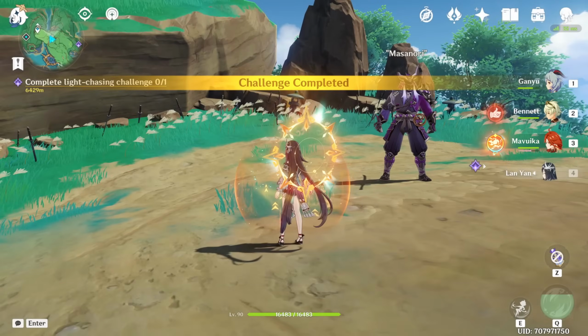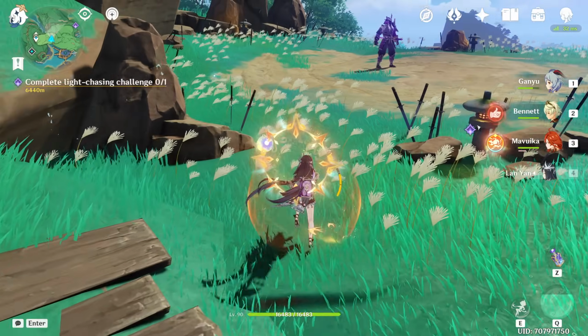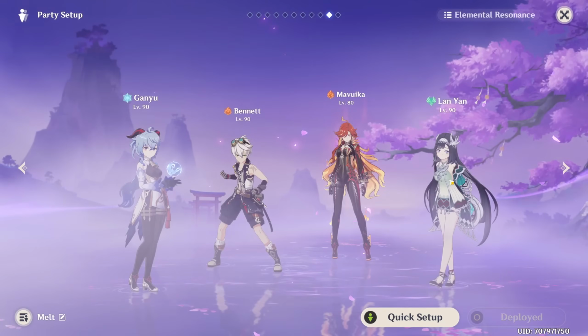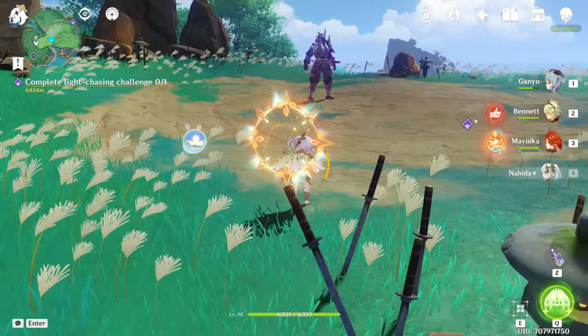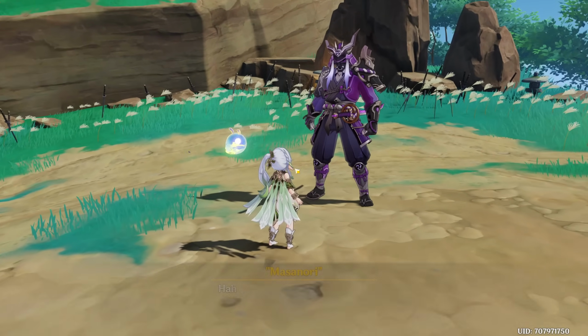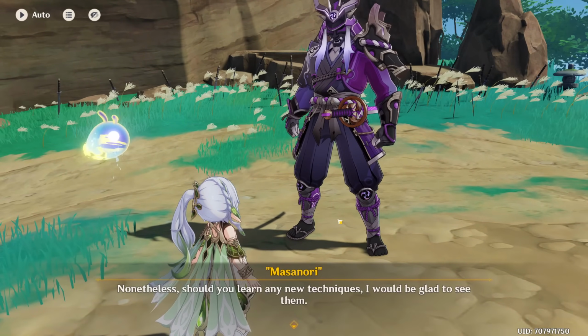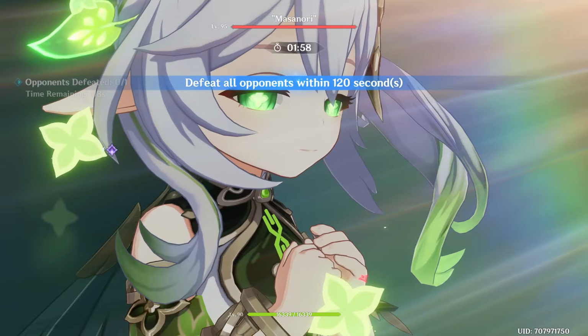We might want to... Maybe we can try a burn melt. Like, what if we just replace Lanian with... But we're gonna lose the shield, which is like the biggest problem here. We can try burn melt with Nahida. How would that go? Okay, let's see. The optimal rotation is still like, I gotta figure that one out, but...